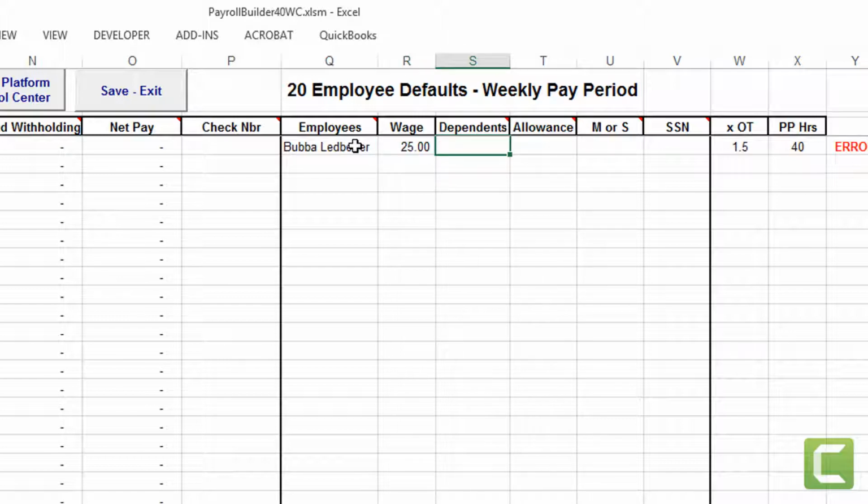If you have no dependents, enter a 0. If you have 1, 2, 3, or 4, enter that number. But if there are no dependents claimed by Bubba, be sure and enter a 0. The allowance for a 40-hour week this year is $80.80 per dependent. Bubba's definitely a male. And let's put in,